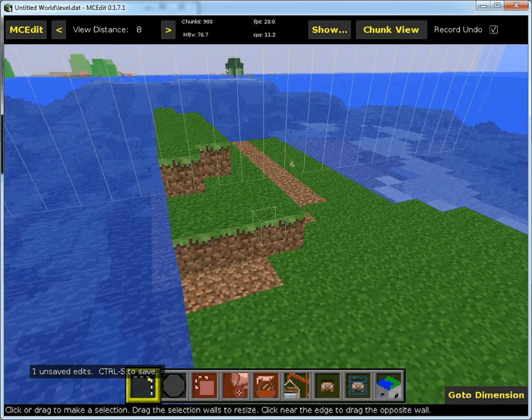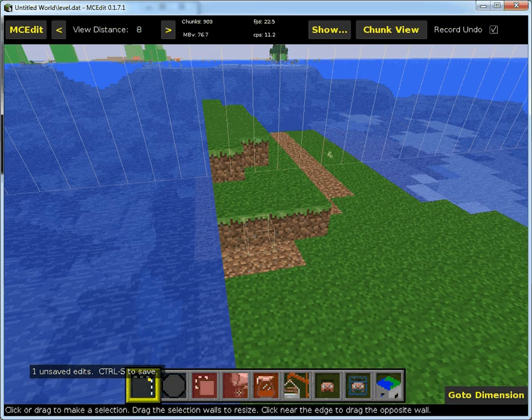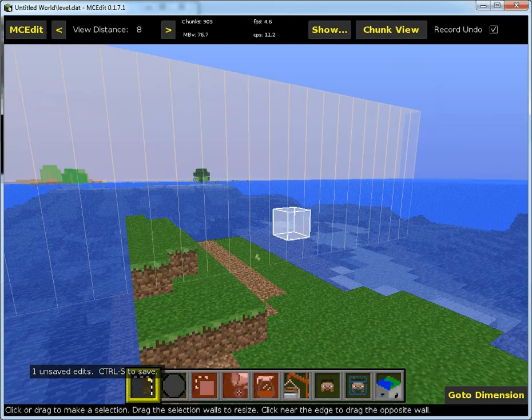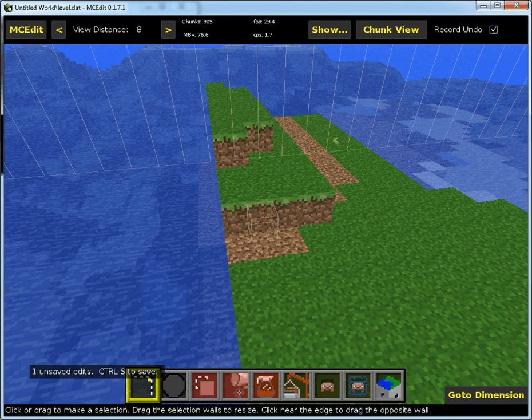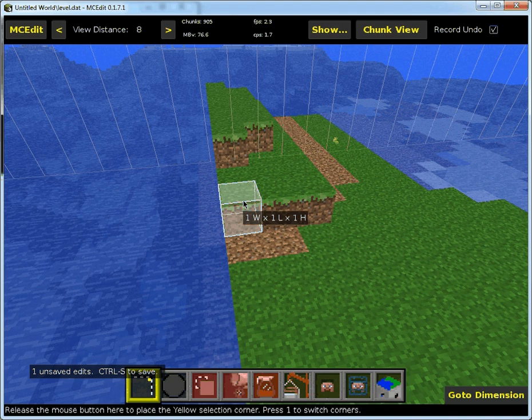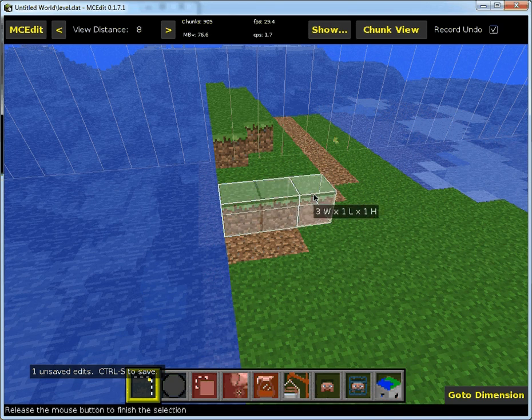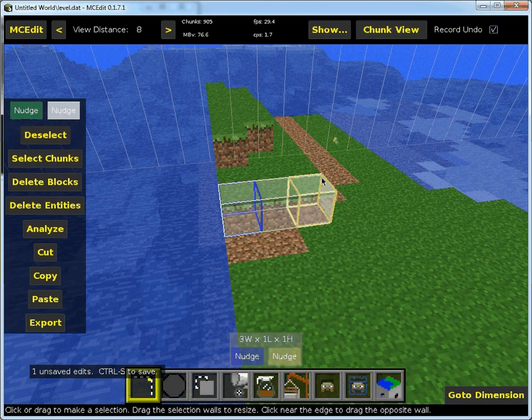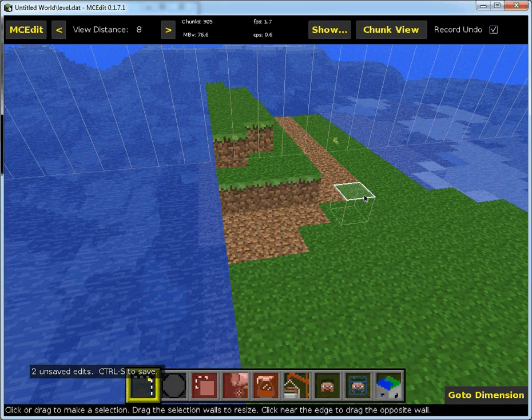So we're in fly through mode. What we want to do is right click on the mouse button. That changes our mode to the selection tool, and we want to delete these three pieces of dirt here. So we hold down the left mouse button on the first one, and then we just move it across, and then we let go. We've selected exactly what we want to delete. Press the delete key, press Control D to unselect,